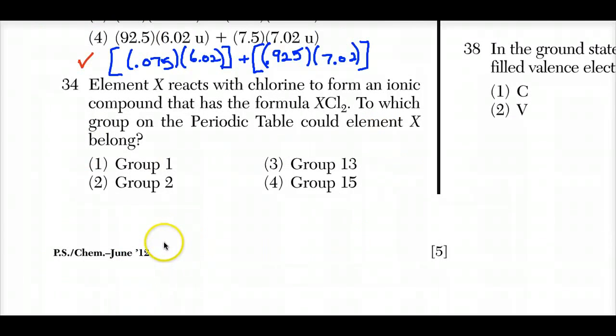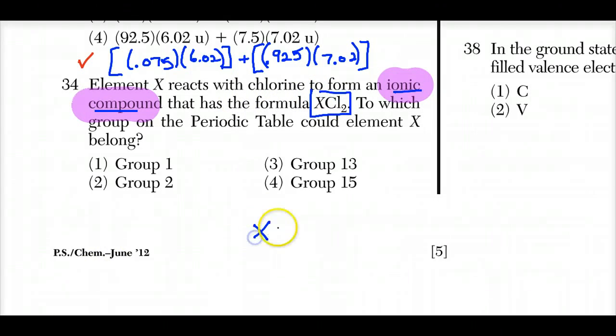Okay, 34. Element X reacts with chlorine to form an ionic compound. That's your hint: ionic compound. Ionic compounds are compounds that make ions, and these ions are attracted to each other to form that compound. Now here's the formula they give me, XCl2. They want to know which group, which is a column on the periodic table, could X